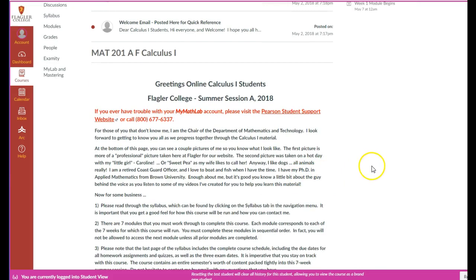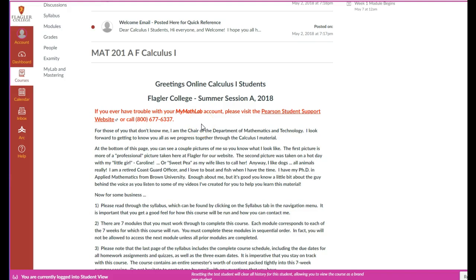So please read through the home page. I put a quick note here at the very top of it in case you ever have trouble with MyMathLab. Hopefully all of you are familiar with MyMathLab, but just to remind you, it's a Pearson product. You need to buy a MyMathLab access code so you can make sure you access the MyMathLab course. Once you get signed up for that, once you get signed up for the proper course, which you'll do right